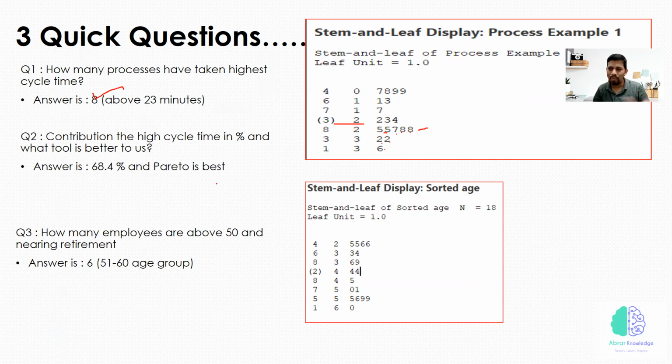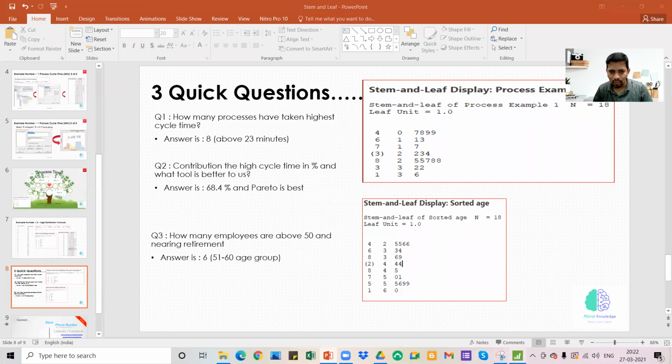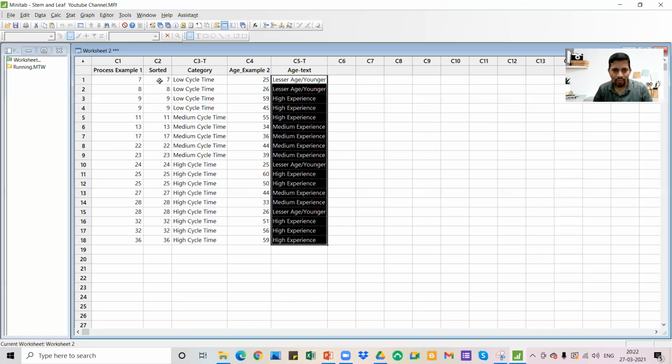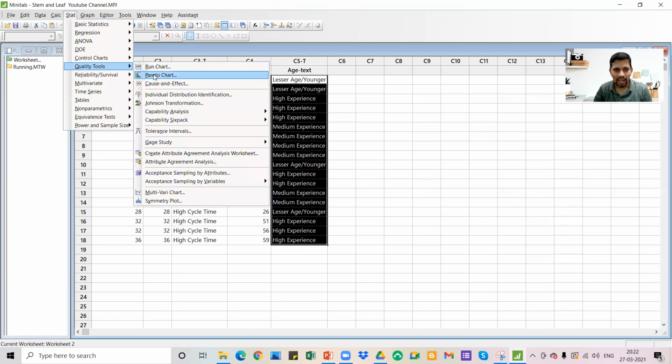Or you can also do a Pareto. For example, if you wanted to do it in Pareto, I will just discard this one. You can go to Stat, Quality Tools, and Pareto.